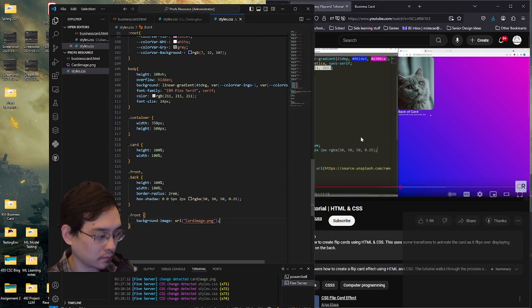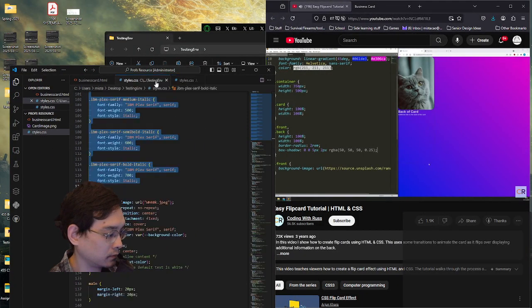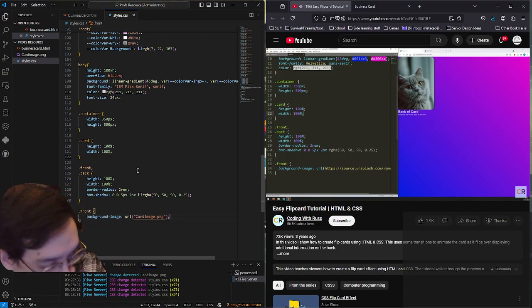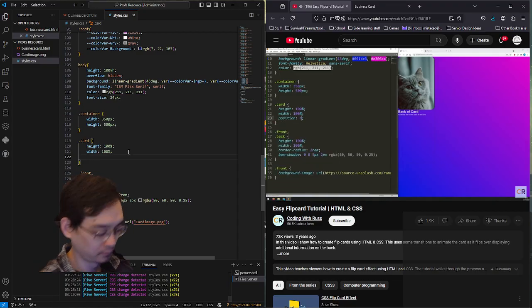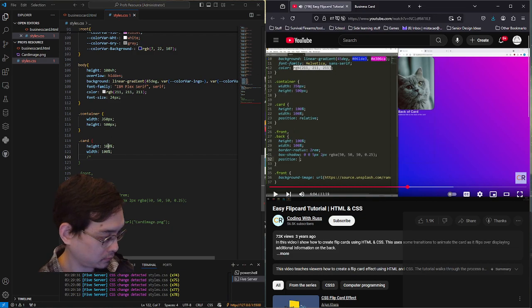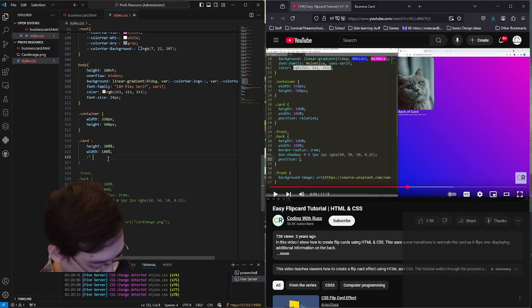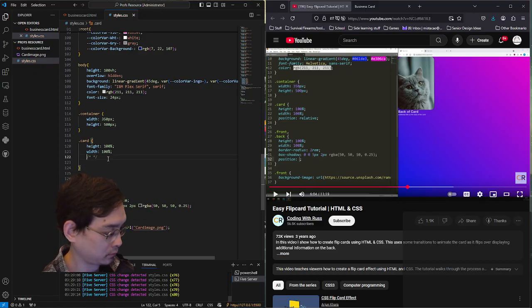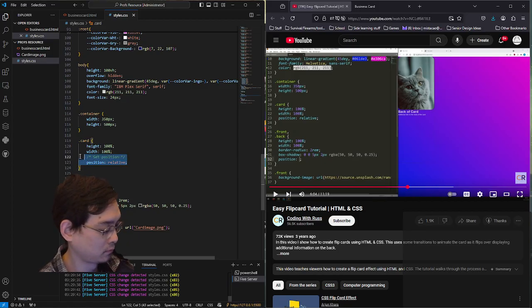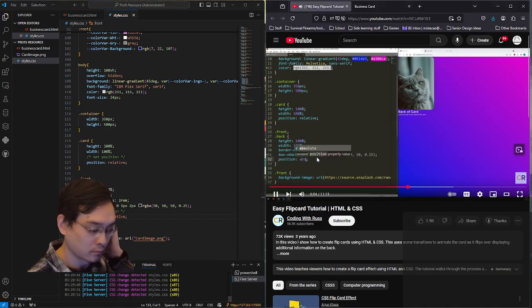And now you can actually see what's going on here. So I've got one card up here and then another card, or rather the outline of it, underneath it. To get these cards to be sitting on top of each other, I need to go to the card div and say position is relative. Then if I go into the front and back classes and set their position to absolute,